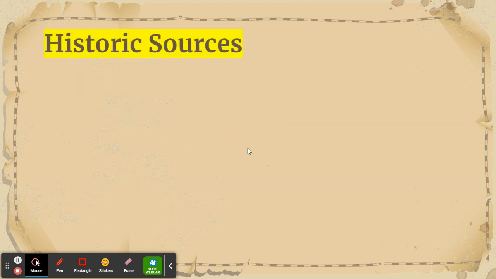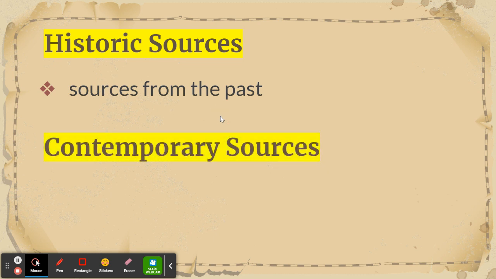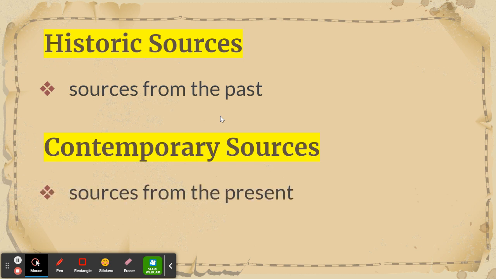A third type of source is a historical source. Historical sources are sources from the past. For example, an original blueprint of a factory in your community, a newspaper article from 1875. Those are historic sources. A fourth and final type of source are contemporary sources, and those are sources from the